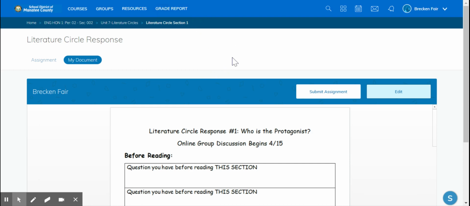So after you click edit, the new window pops up. You can actually see it right here. The new window pops up, and that is the next video. We'll talk about that window and how to submit